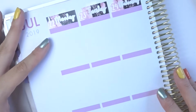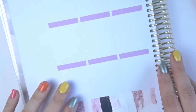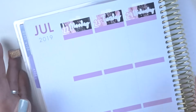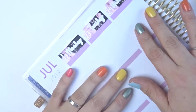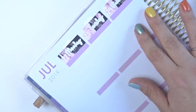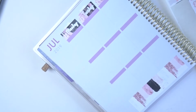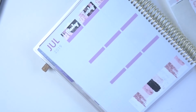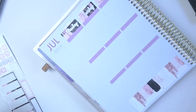Okay, so there we go. So now we've got all of the date covers on, and we've got our bottom washi on. So let's go ahead first, I think, and let's just build out this sidebar, because we all know that that's the most nerve-wracking part for me anyway. And my band on my watch decided to come undone. There it goes. Okay. So to build this sidebar,